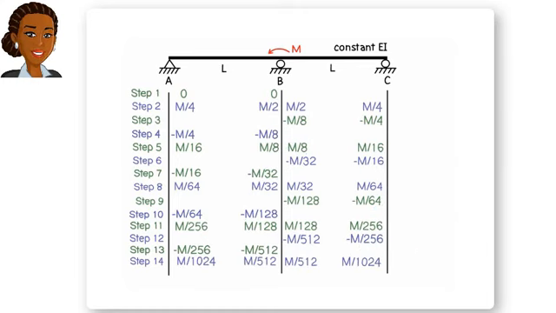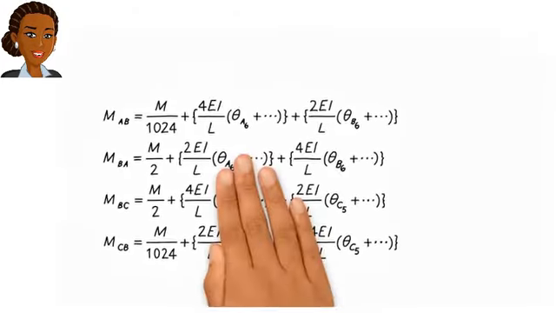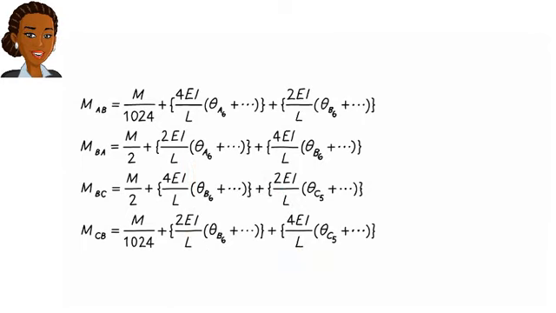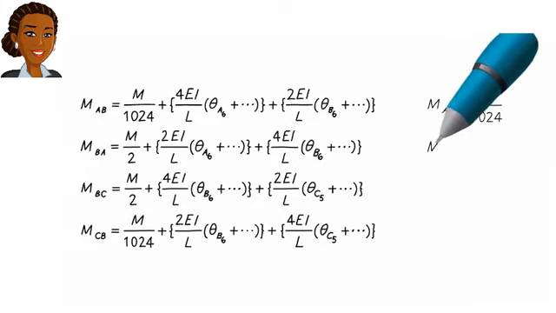Assuming that these moment values are small enough to be ignored, I'm going to stop at this point. Here are the slope deflection equations after this last iteration. The theta values that are being computed at this point are rather small, and are getting smaller and smaller with every passing iteration. This means that for all practical purposes, we can assume that the remaining terms in the series add up to 0. Therefore, the member end moments can be approximated as